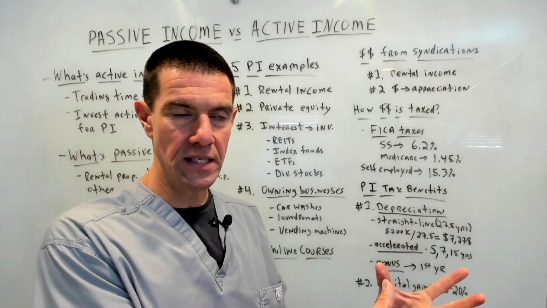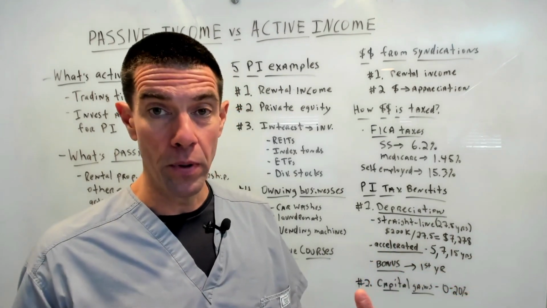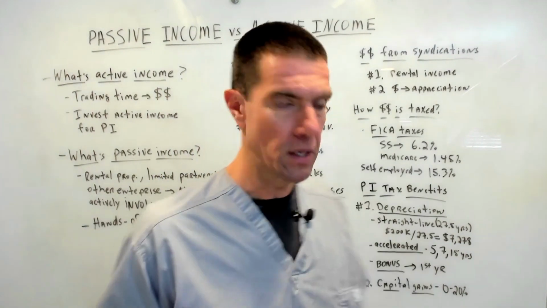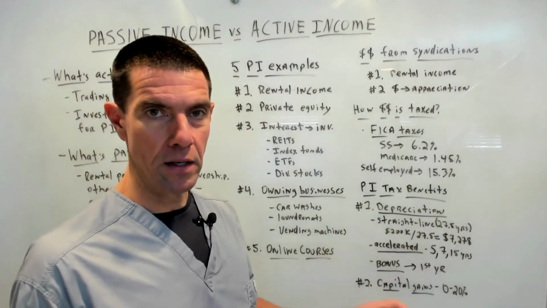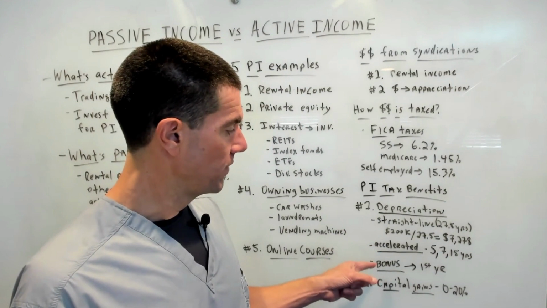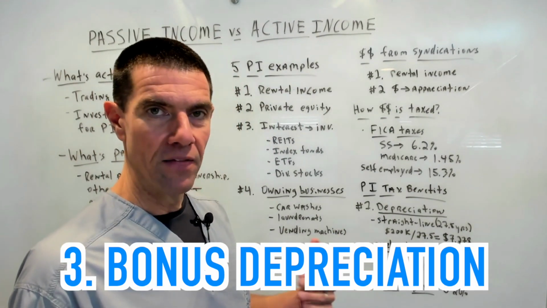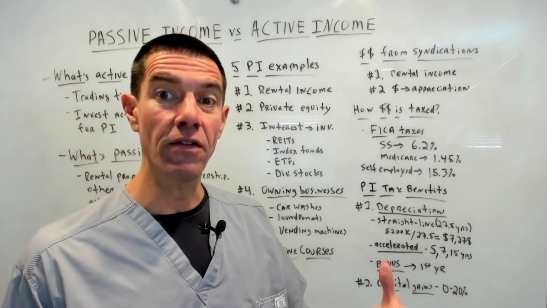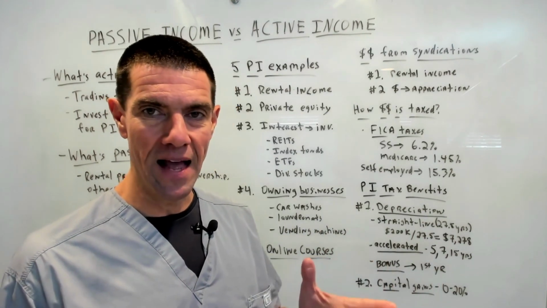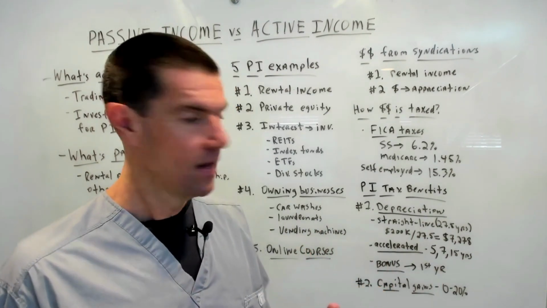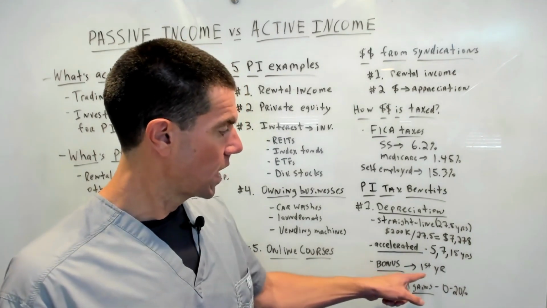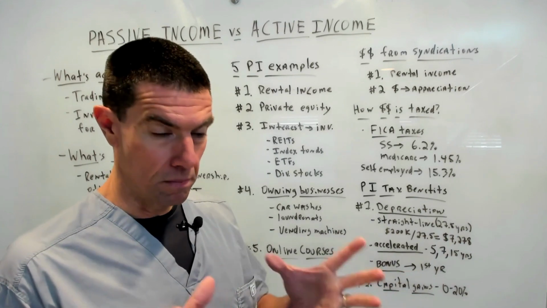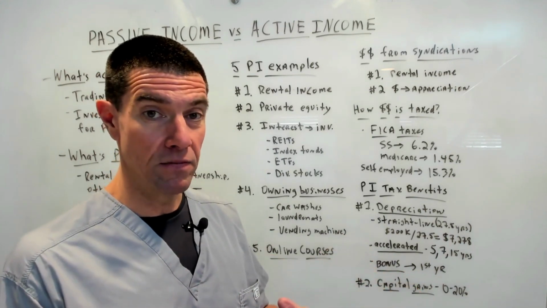So when you get into a syndication, let's say it's a 5-year hold period, you can benefit a lot of times from the majority of the depreciation because they've used the accelerated, or number 3, they've used the bonus depreciation. Now, this will allow investors to front load depreciation even more. Anything that has less than a 15-year tax life, you can bonus depreciate most of this all in the first year. Okay. So a lot of times you can get the majority of the tax benefits in the first year.